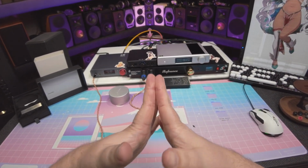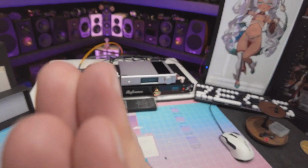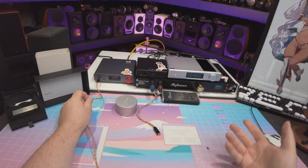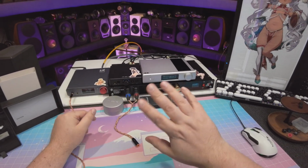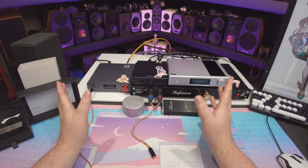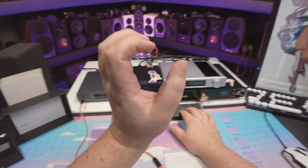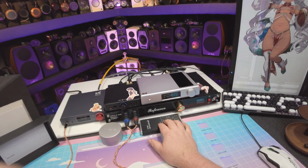This IEM doesn't sound like it's trying to impress me, which is important, because most IEMs, well, I'd say some good ones do that, but then they're like, you know what, fuck it. This one just feels like it does it. It's had a long day at work, and it just wants to play music. So, Dixie Chicks is nice and centered and forward, the vocals are there, but all the instruments are just...